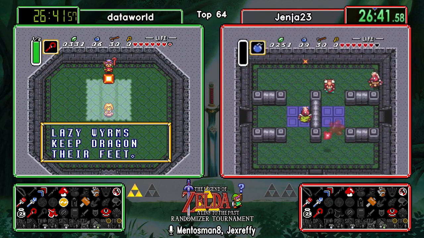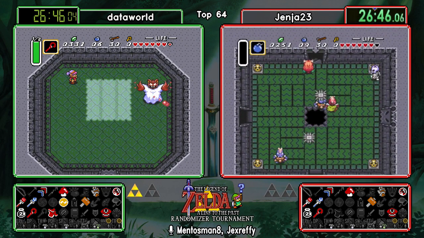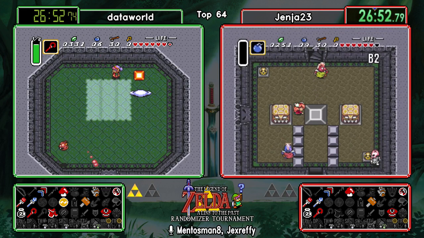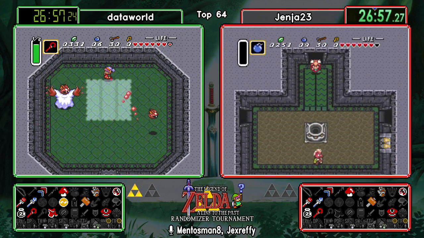And we're going to see Somaria strats from Dataworld on Blind. Usually you just detonate the blocks. You don't throw them at Blind, though. Yeah, that's a strategy that I hadn't actually seen before. It works just as well, really, but...